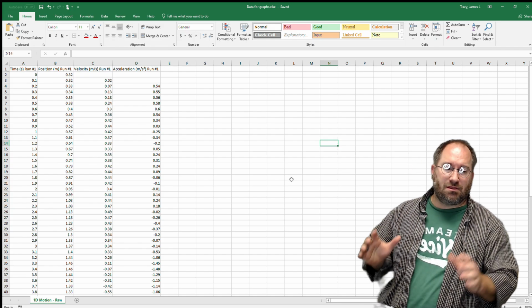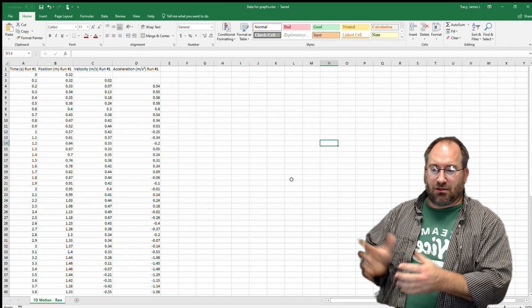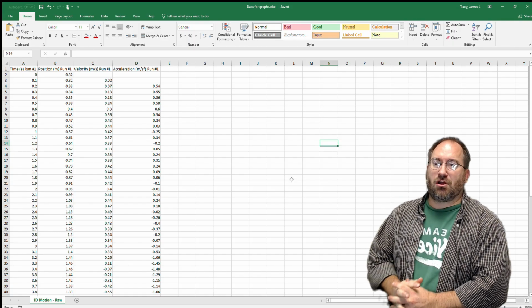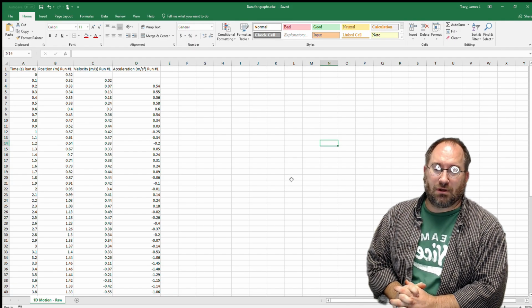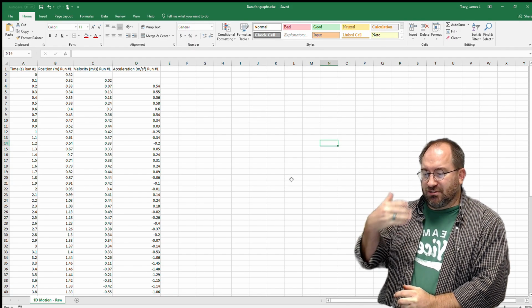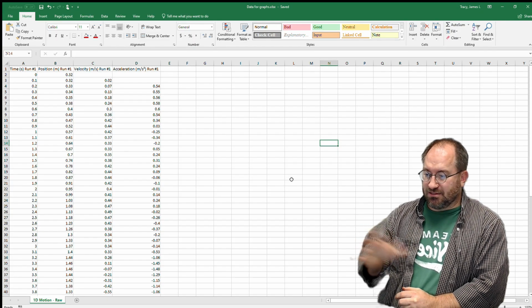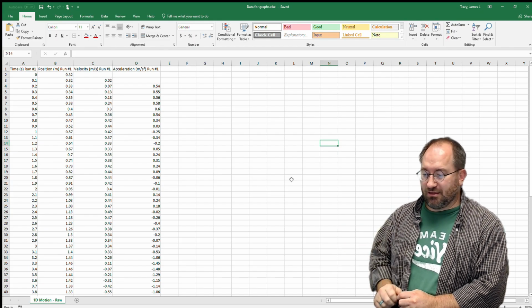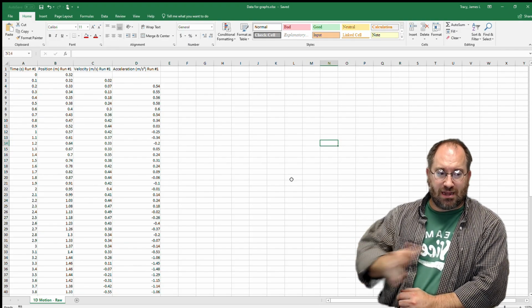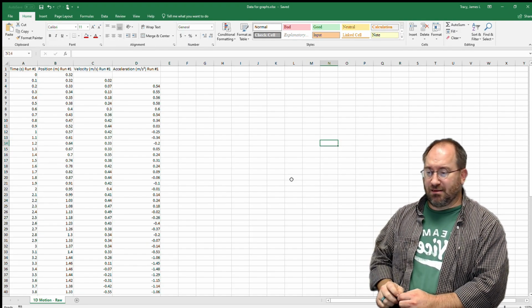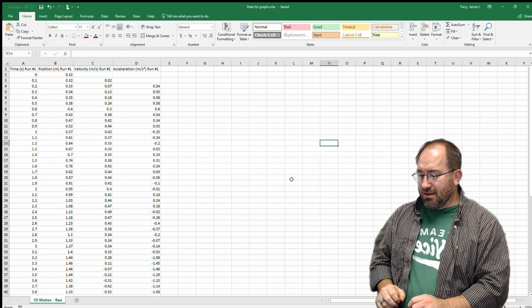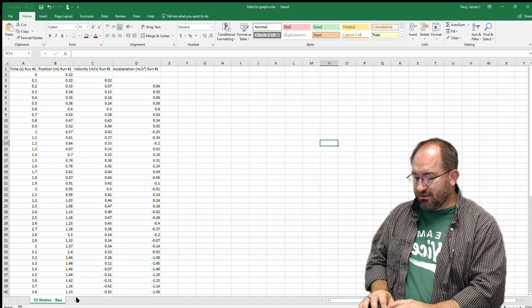Alright, so now that you've collected the data, let's take a look at it in Excel and start preparing it for your lab report. As you can see in this setup, I've got the data in here as a simple data set. We have our raw data. We don't want to do anything with that data, but I'm going to go ahead and create the second page,